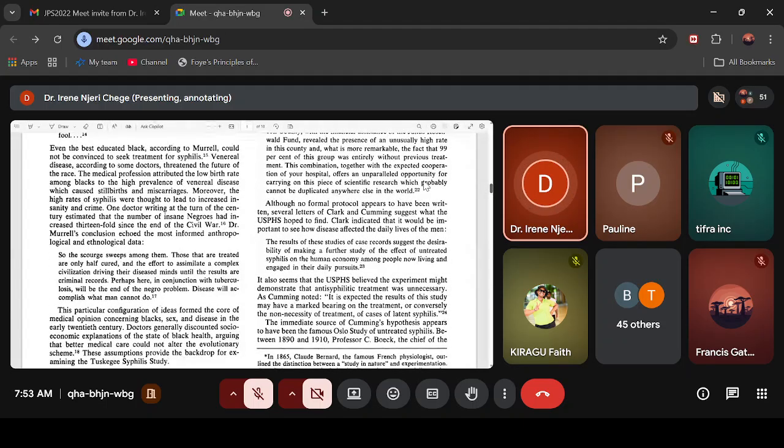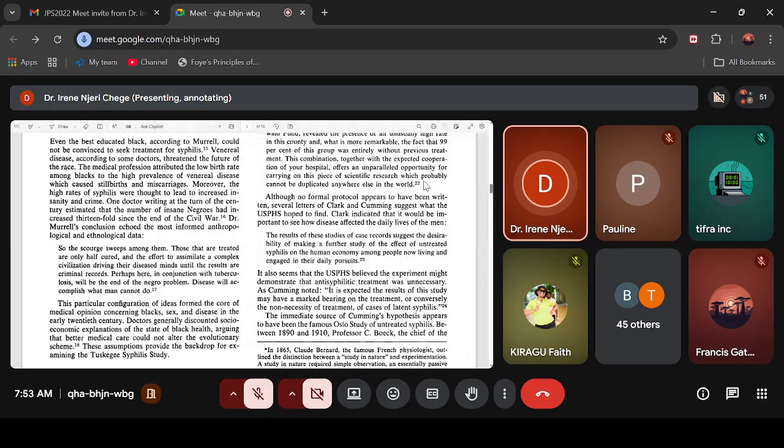Now I'm just scrolling through to the points that I think can connect the study. So it seems that this body, the USPHS, believed that the experiment may demonstrate that anti-syphilitic treatment was unnecessary. You see, it was unnecessary. Why? This doctor noted, it is expected that the results of this study may have marked bearing on the treatment, or conversely, the non-necessity of treatment of latent